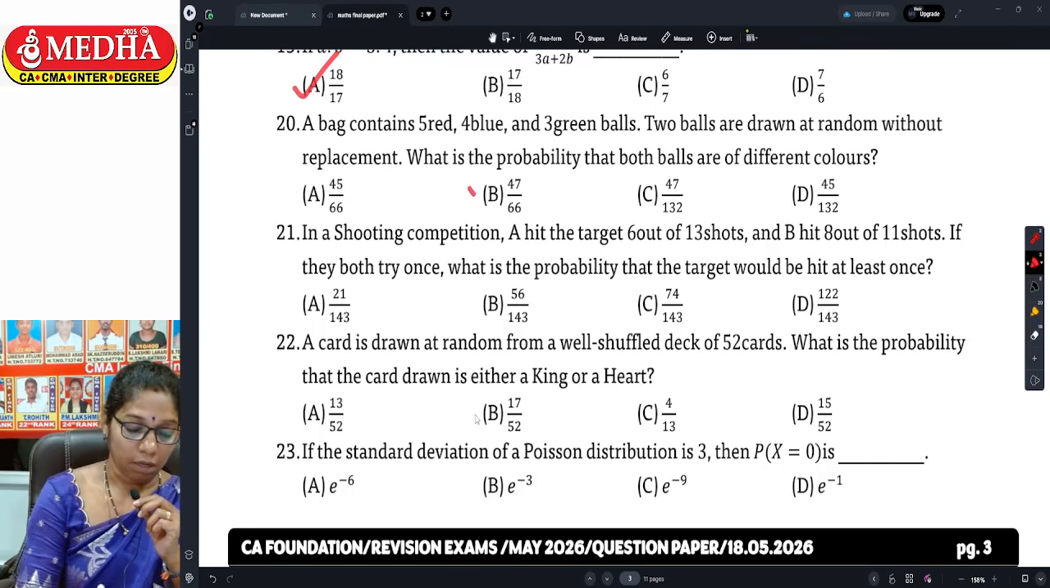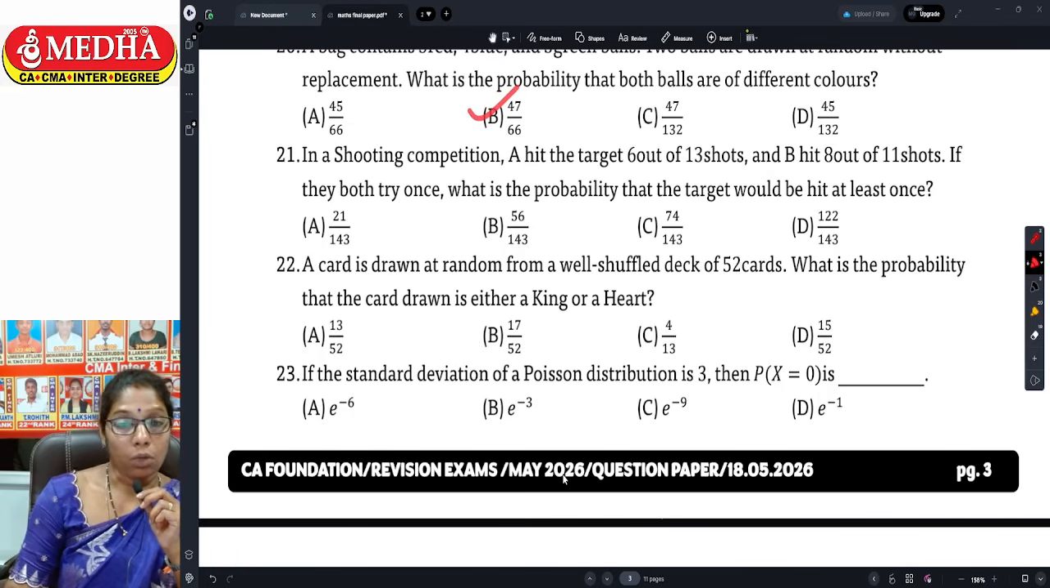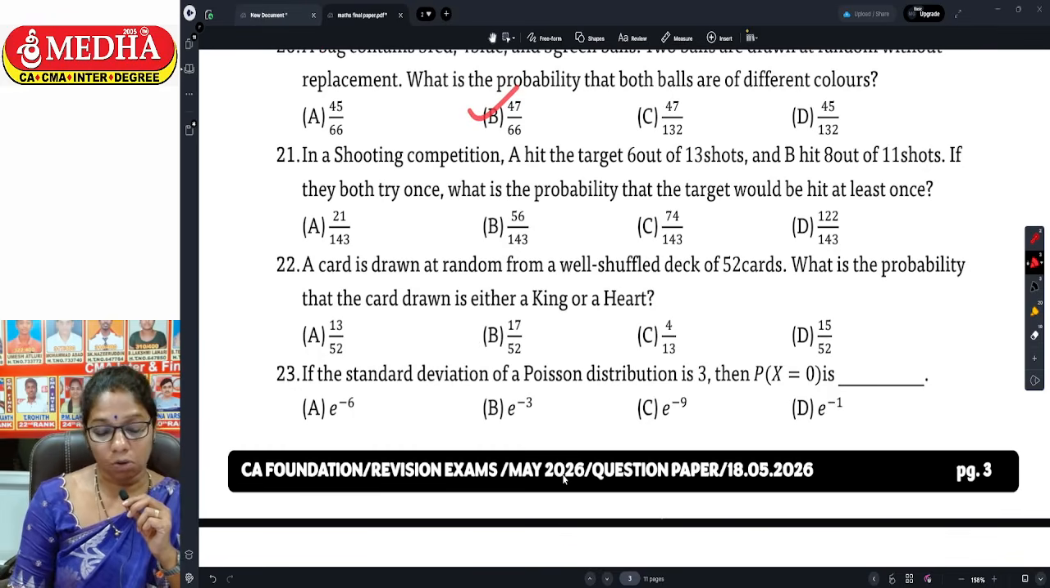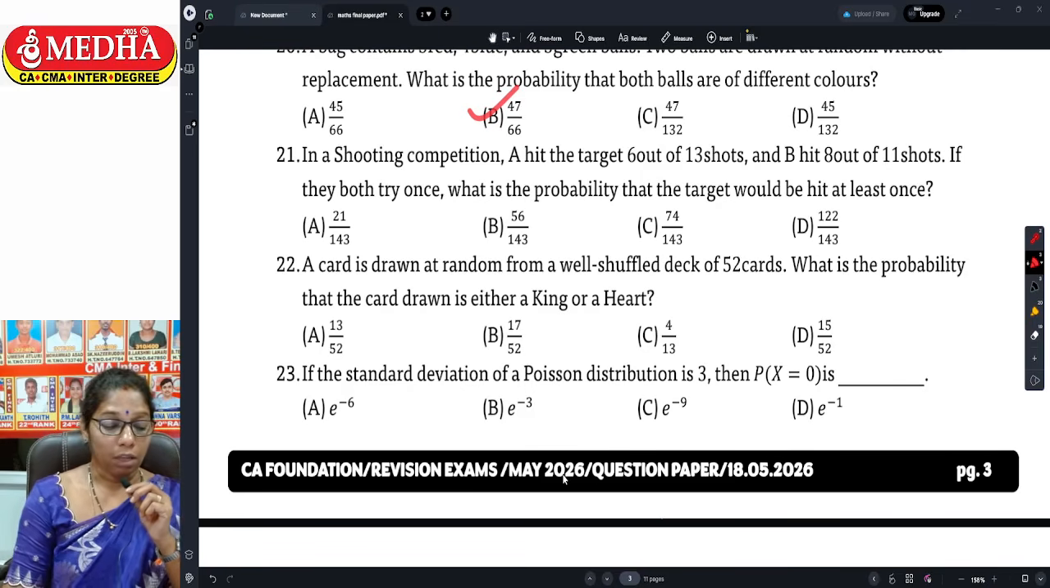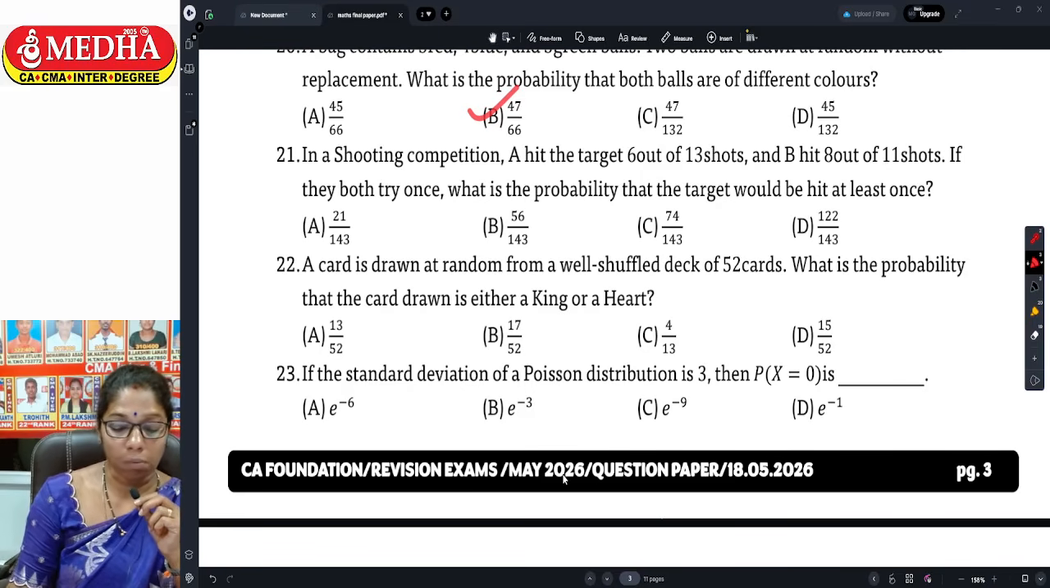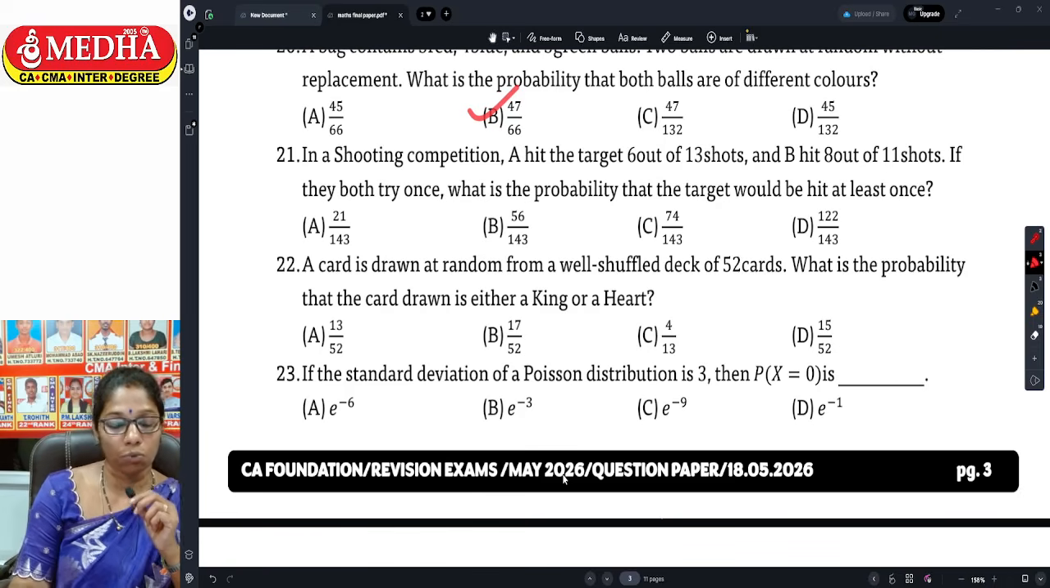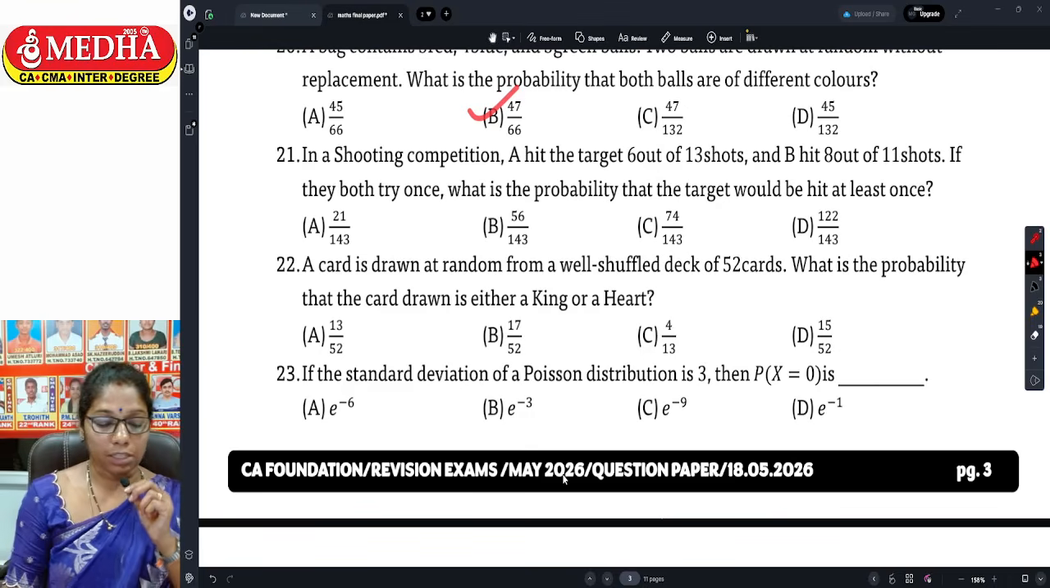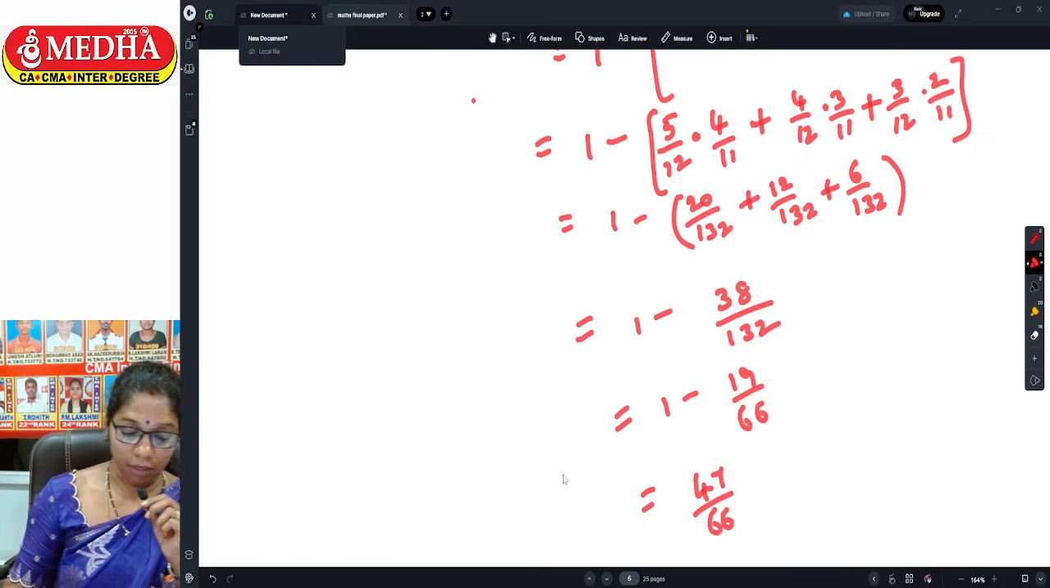47/66. And next one, in a shooting competition, A hit the target 6 out of 13 shots, B hit the target 8 out of 11 shots. If both of them try once, what is the probability that the target would be hit at least once? At least once target ni hit cheyali annaru. So from the given data,